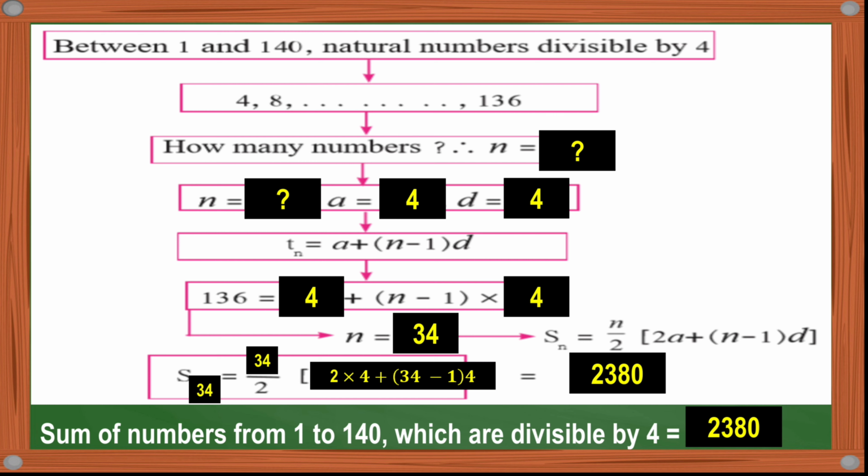Now, what about the activity-based question? How are you going to do it? When an activity-based question comes in an exam, you are requested to fill only the boxes, and do the calculation part roughly somewhere. But in a fair notebook, you are going to do the calculation part properly. I don't want this question to go as in the activity form. You start calculating from the start. You use two formulas, the formula of Tn, find n properly, then put the value of n in the formula of Sn and calculate all the steps properly and find the sum of 34 numbers.